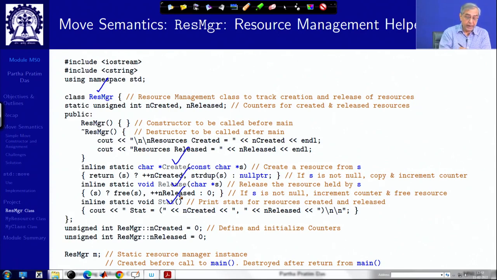You can do that, and since this has 2 data members which keep on counting, these are counters of how many have been created and how many have been released. The resource manager is instantiated outside of main in the static global, so that it gets created before main starts and it will get destroyed after main ends. So, anything that happens within the main in terms of creation and release will get tracked to this call to